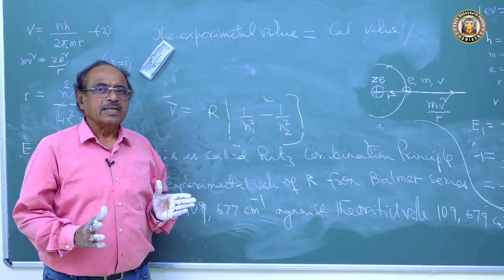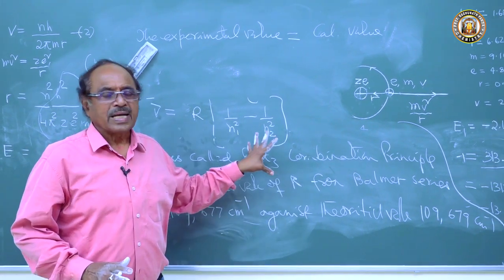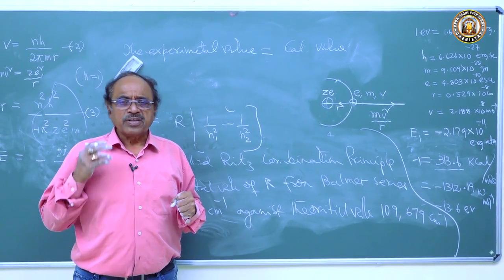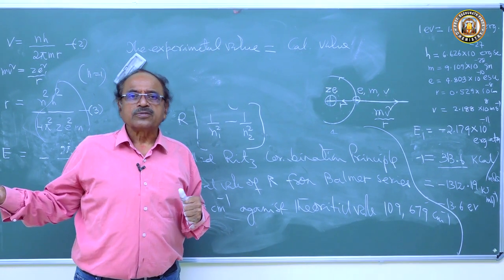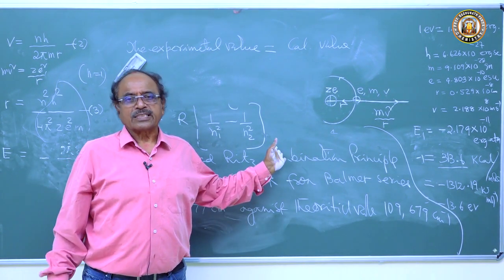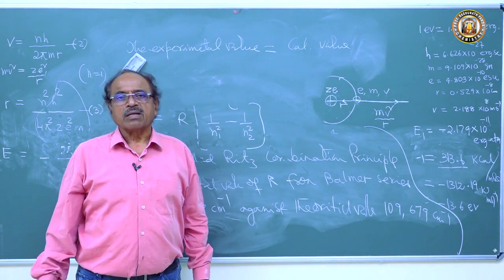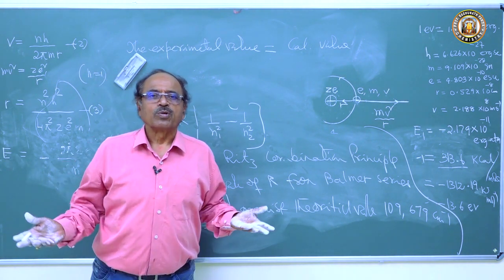So next class, children, we will study how Bohr has explained the hydrogen spectrum perfectly well. That's a very important thing. The world was waiting for that answer, and Bohr could explain. So next class we will read the explanation of the hydrogen spectrum by the Bohr model of atom.